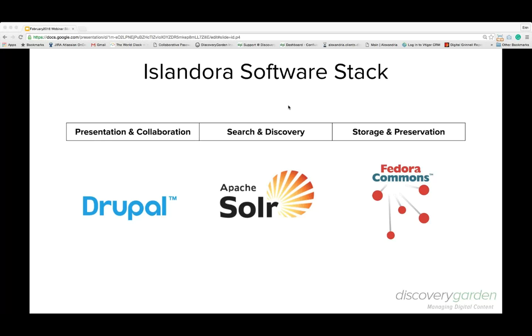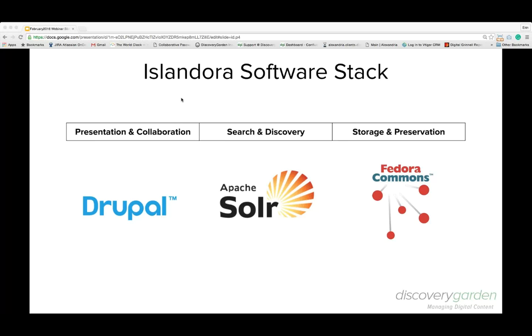Now the third component is Fedora Commons. It is the repository software, and it's used for storage and preservation. At its core, Islandora really is a group of Drupal modules, and they enable us to create digital repositories on top of Fedora Commons. So these modules make it easy for us to ingest content, to expose content in many